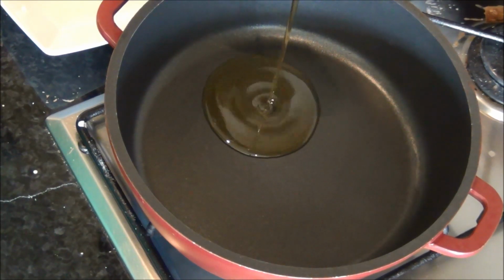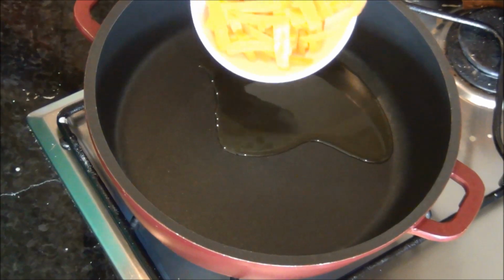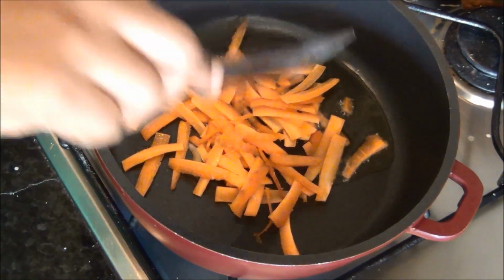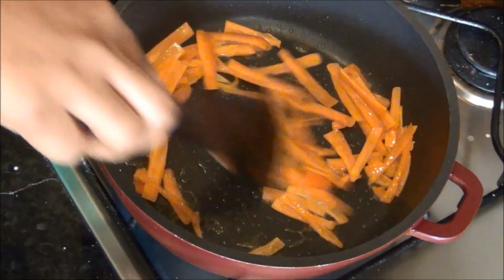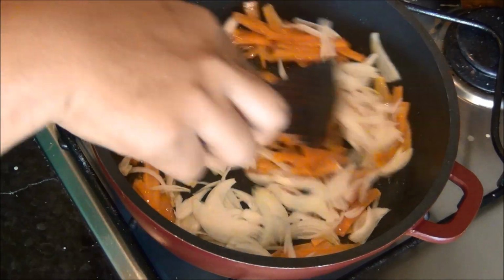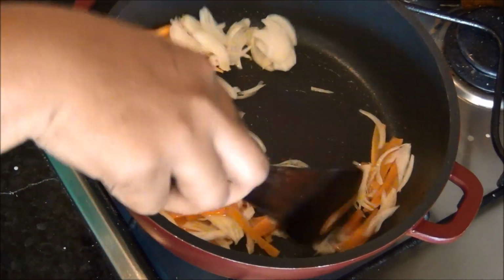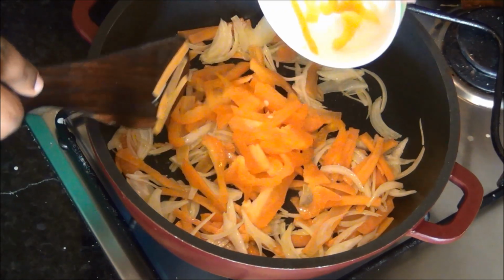Add about a tablespoon of oil in a pan, and when it is hot, first I am going to add the chopped carrots, half cup of carrots, and just give them a quick stir for a couple of seconds, and then I am going to add the half cup of chopped onions. Again a few seconds of stirring, and then again I am going to add the bell peppers, that is the